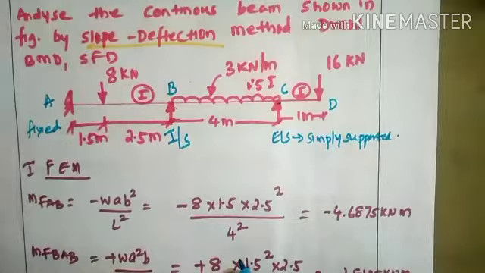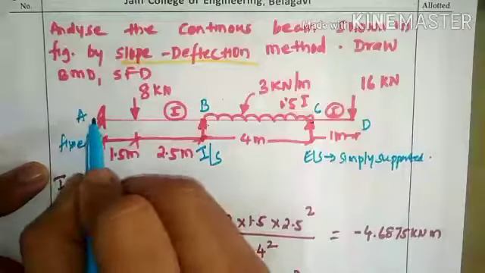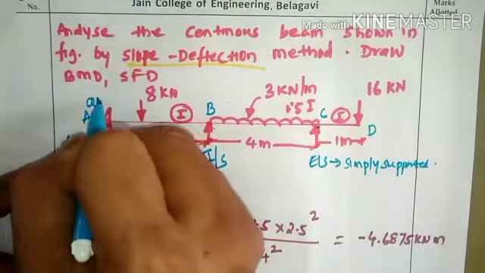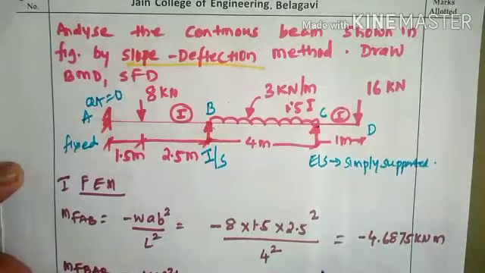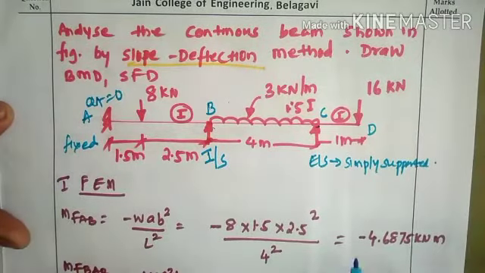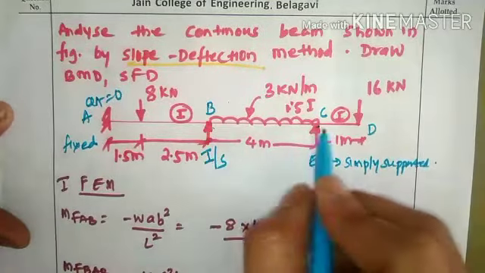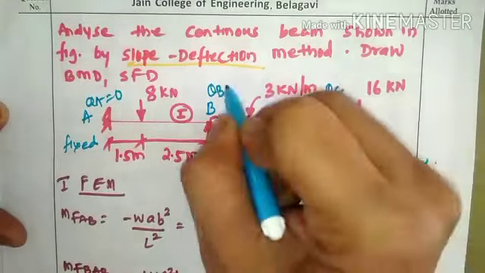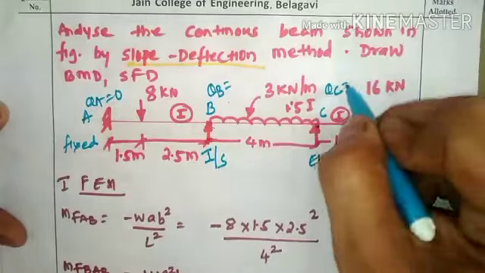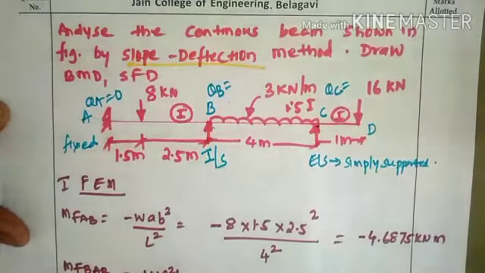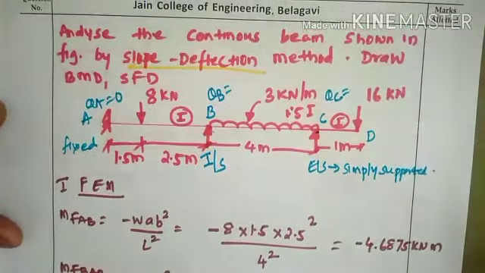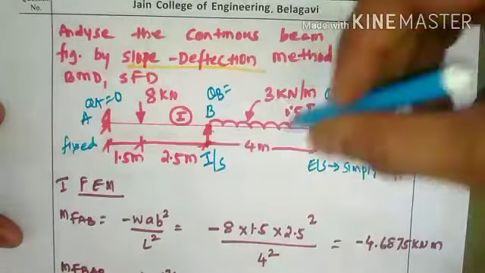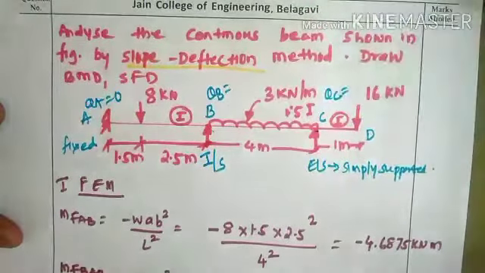Now the thing that should flash in mind is, wherever we have a fixed end at that particular location, slope has to be 0. Now since A is fixed, theta A will be 0. Whereas B and C are simply supported, so theta B and theta C will remain as they are. So this is what we are supposed to find out, theta B and theta C. The reason for having theta B and theta C as they are is because both are simply supported conditions.